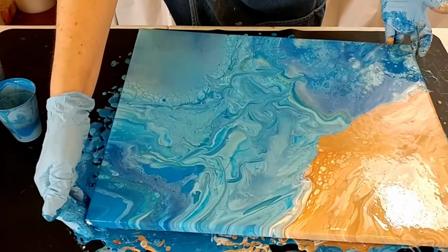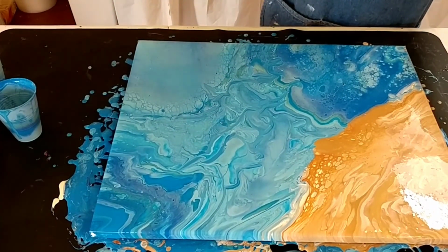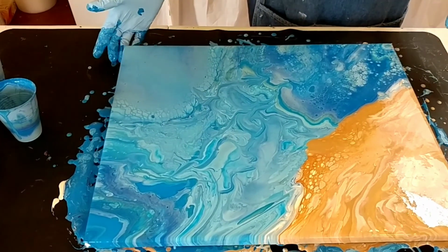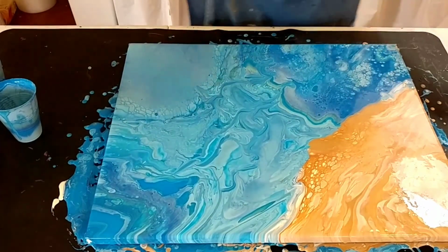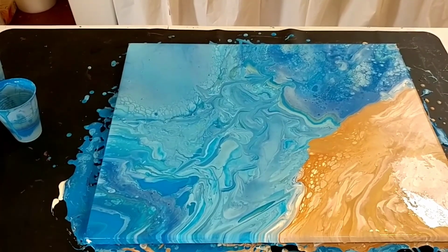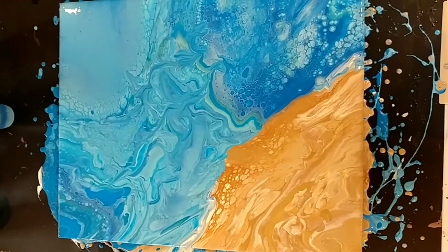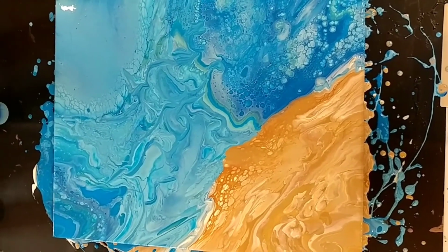All right. I think I like that. It does look like the waves are coming in. What do you think? Check my edges, make sure they're done. And then let me wipe my hands off and I will bring you in a little closer. All right, so this is the finished painting,